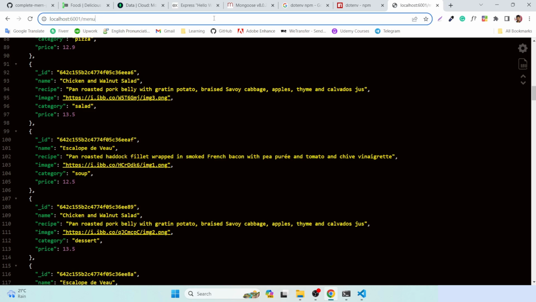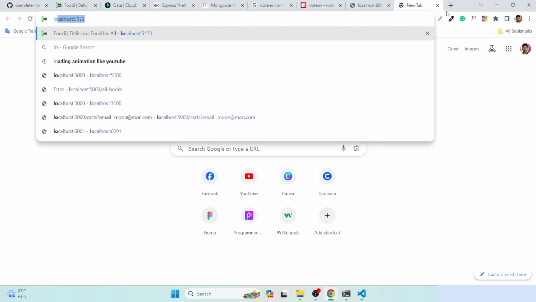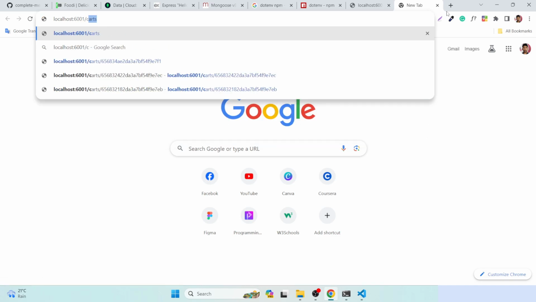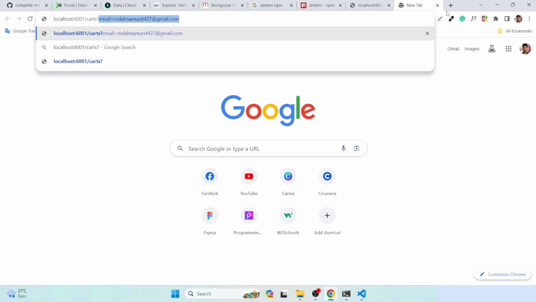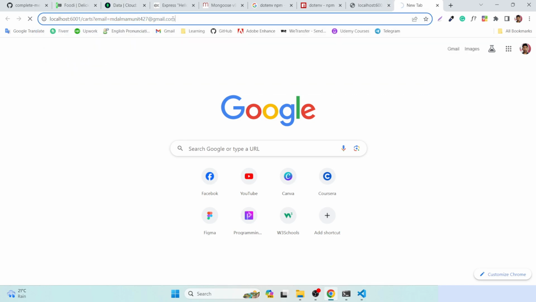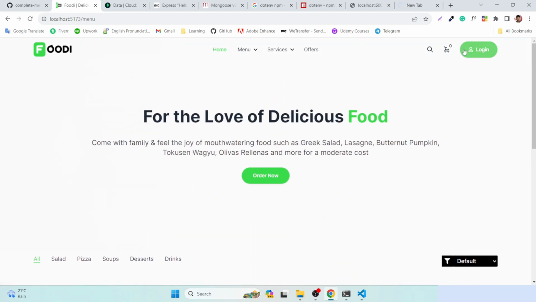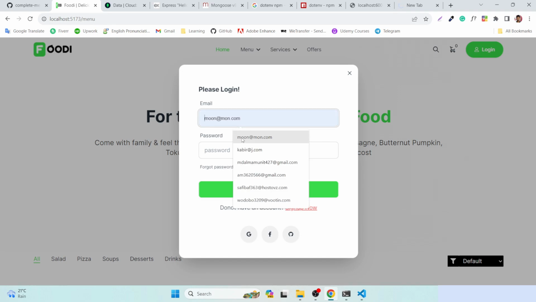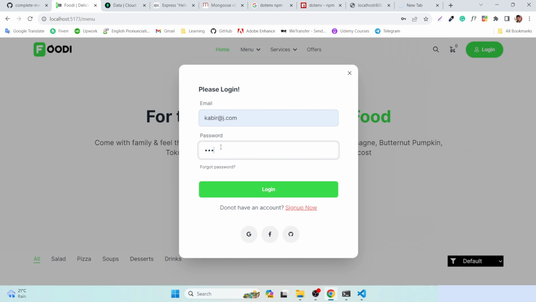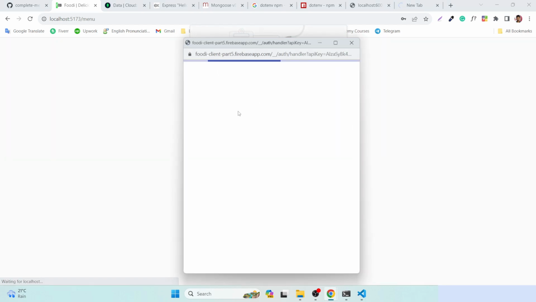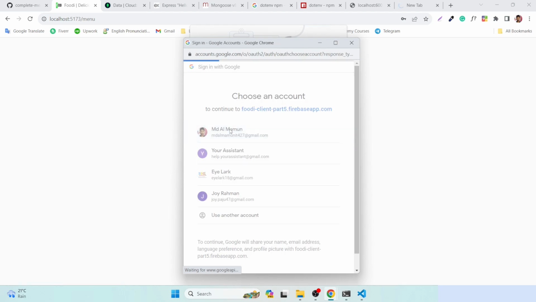So let me take a new tab. So localhost 6001 then slash cards, then you can just check this way, you can define an email. So for this let me log in to our accounts. So maybe we can log in to these accounts. So it's not correct, so let me try to log in using our Gmail accounts. Okay,